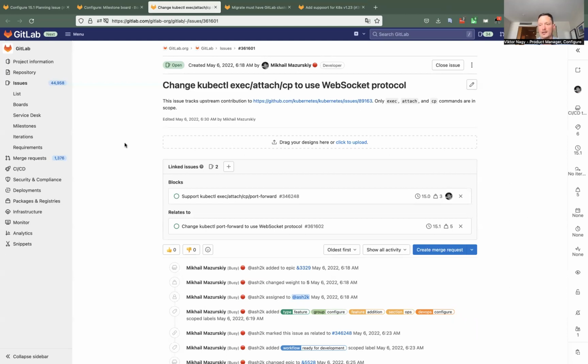Today, the Kubernetes API does not support the WebSocket protocol for this, and that's what we are improving and adding support for. We hope that this will land in Kubernetes 1.25, which is expected to be released around August. And after that, as we add support for it, and as our users upgrade,